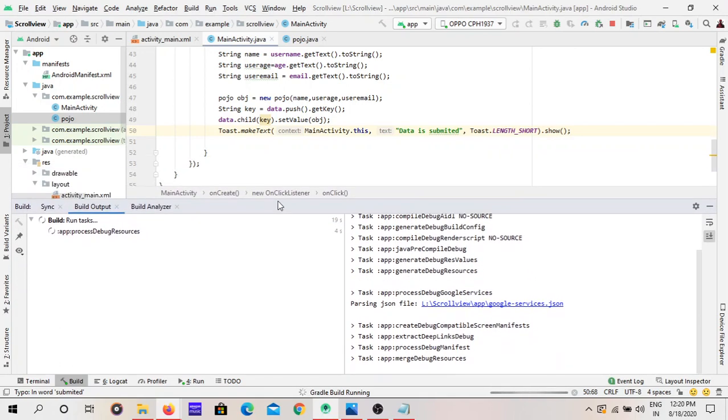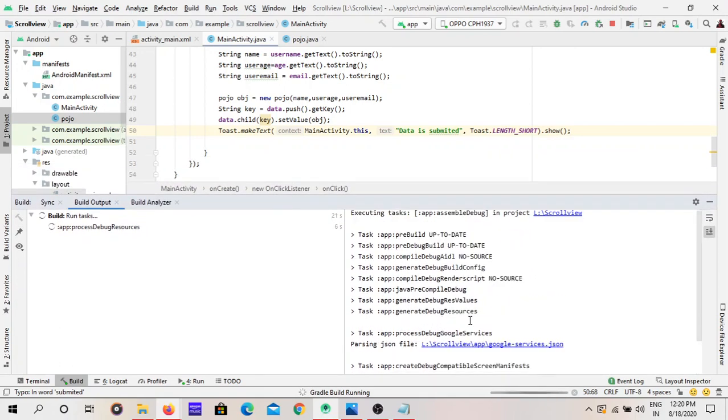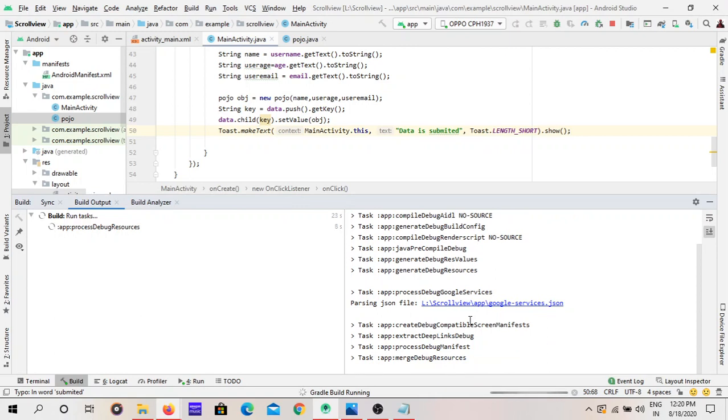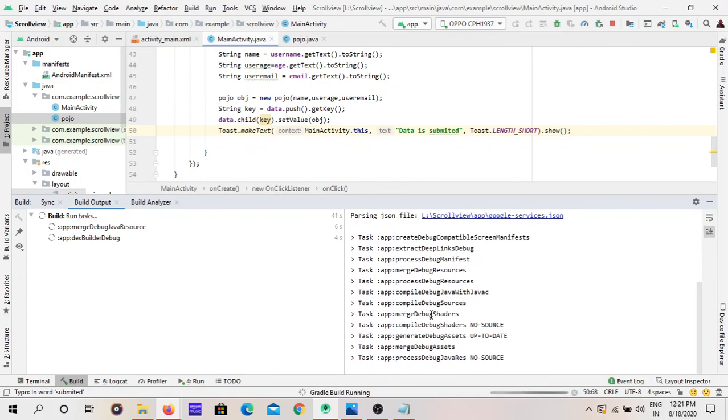The build process takes some time. Wait for a second, it takes some time.